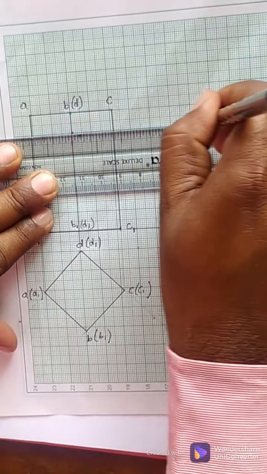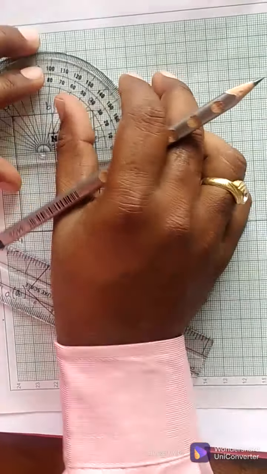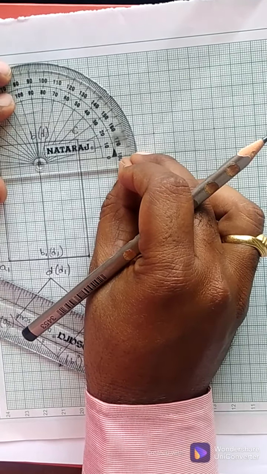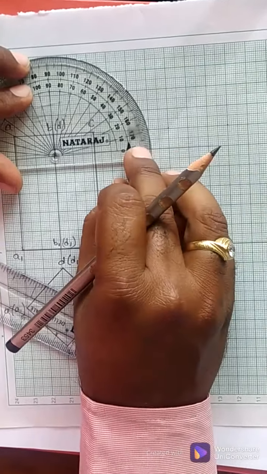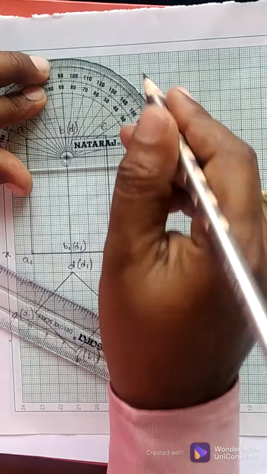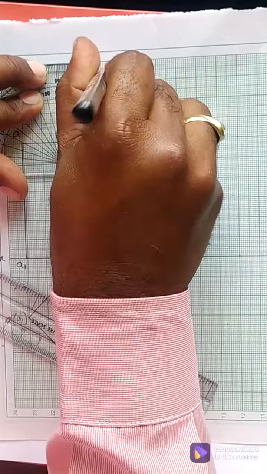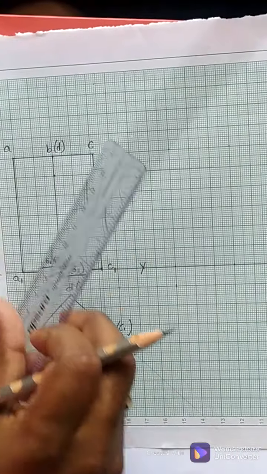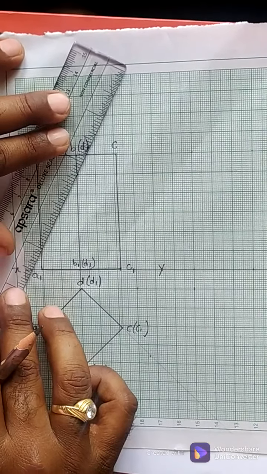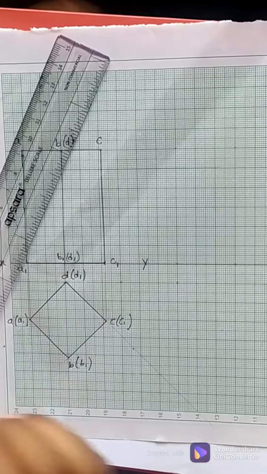I'll draw a reference line here. I'll take the protractor and mark the 60 degrees here. Right now I am going to draw the cutting plane.